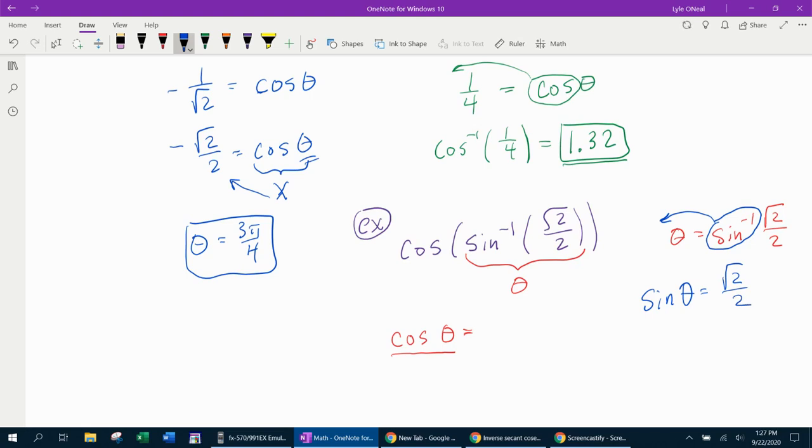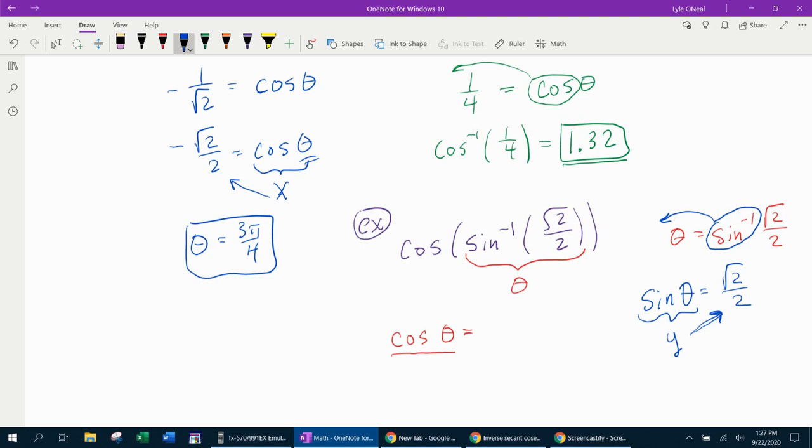And so now we're concerned with, well, where in the unit circle do we have an angle theta such that the y-coordinate is square root of 2 over 2? And I think most people know at this point that that's pi over 4, okay? That's 45 degrees,